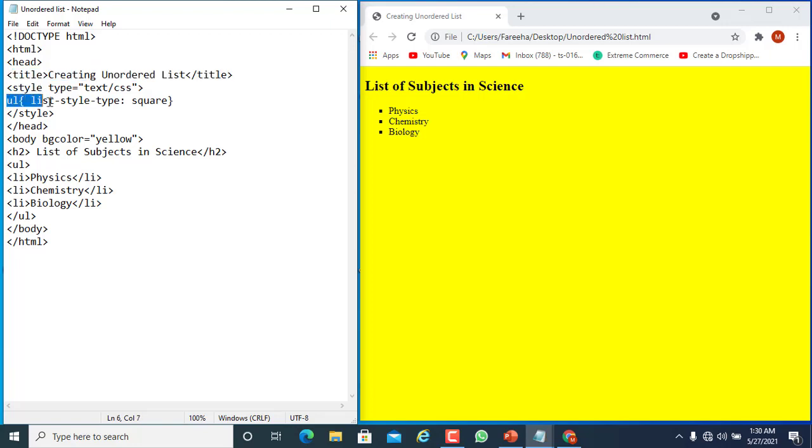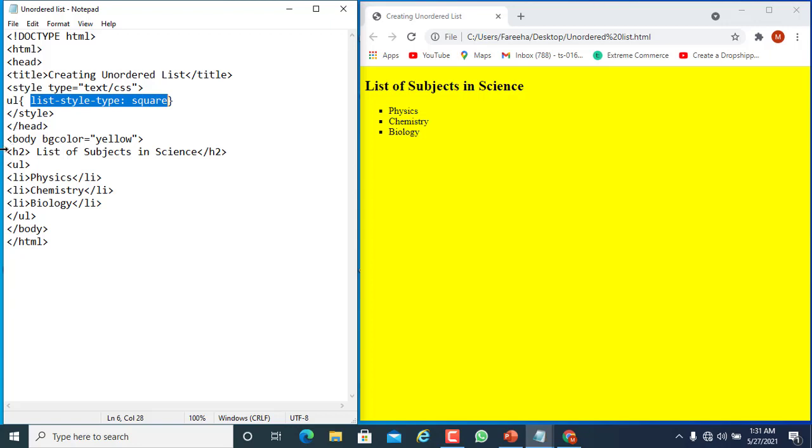Then we start here UL tag. UL tag we use for an unordered list, and we specify here list style type property, that is square type. Style tag close, head close, body start.